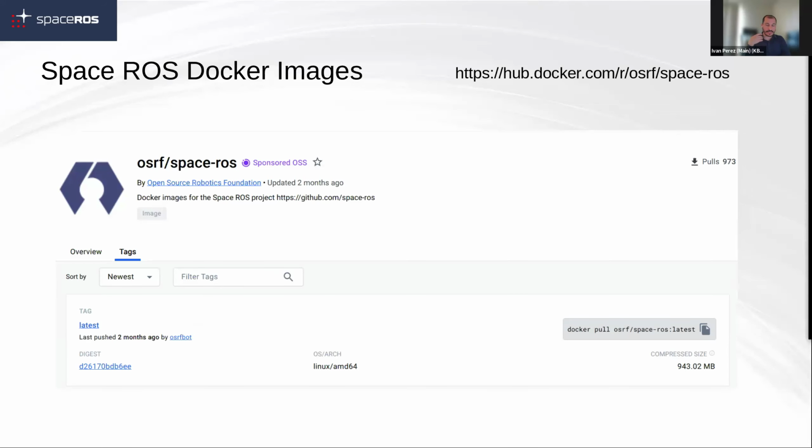So as I said, the easiest way to get started with Space ROS is just a Docker pull of the image from the Docker Hub. It's osrf/space-ros, and then Docker run, and you're in, right? You're in Space ROS. So you have a set of components available and installed, and a set of tools that will help provide assurance for